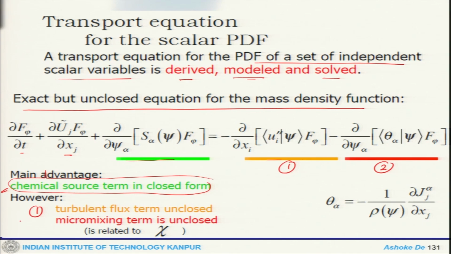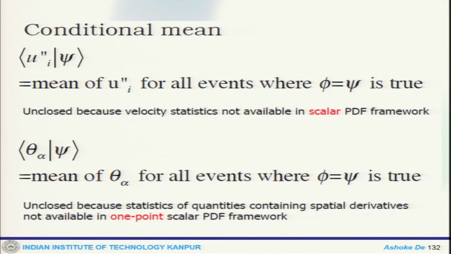This is the turbulent flux term and the micro mixing term; they are unclosed. So, one needs some sort of closure for these two particular terms to be closed, where theta alpha is the diffusion flux, which is defined in the regular way. Now, one way to look at this conditional mean, that means this term, the fluctuation of u, which